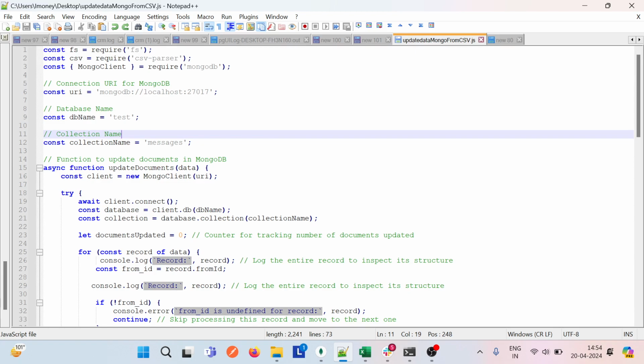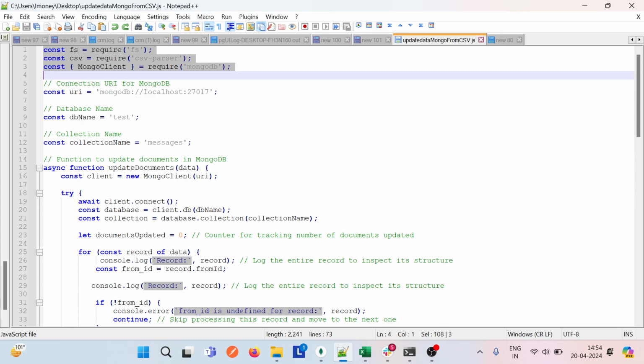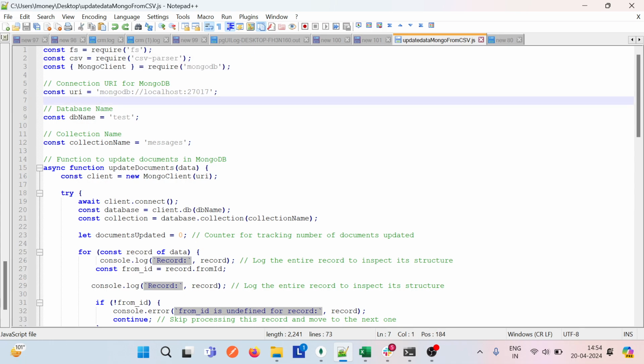For this, you need to have Node already installed on your Windows or your system. First you need to install Node, and after that you can write this MongoJS query to update more than one record at once. Or if you want to set up a cron to run automatically, you can just make a file and run it at that particular time.